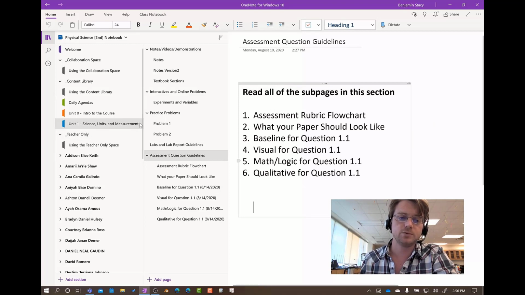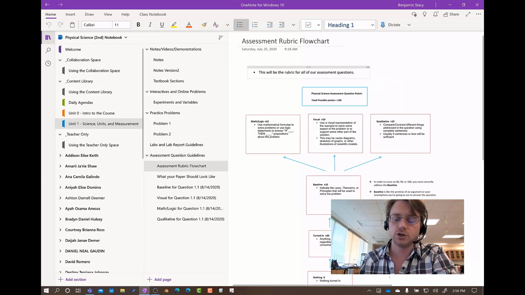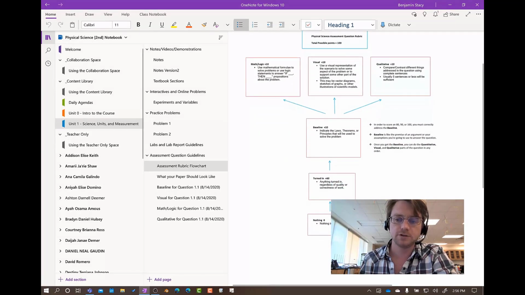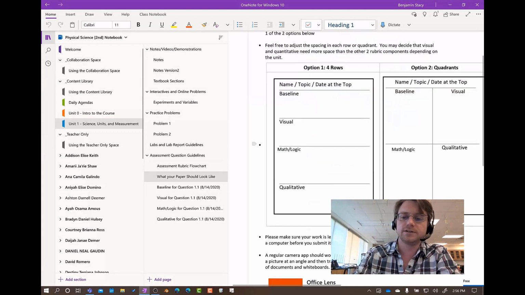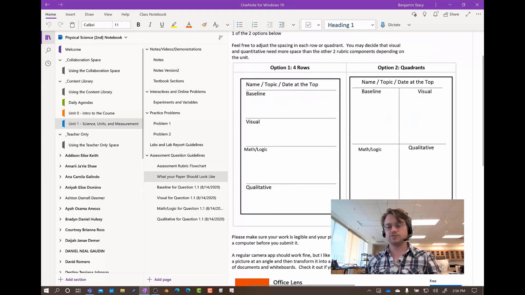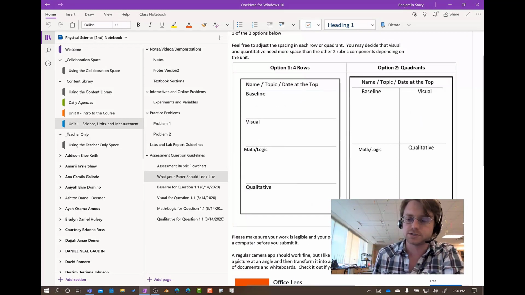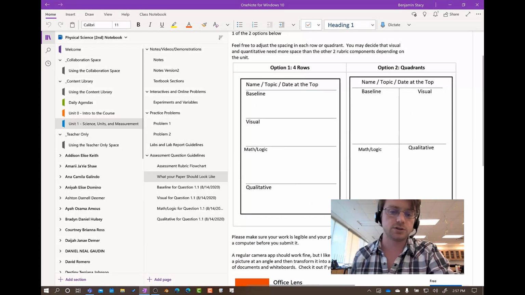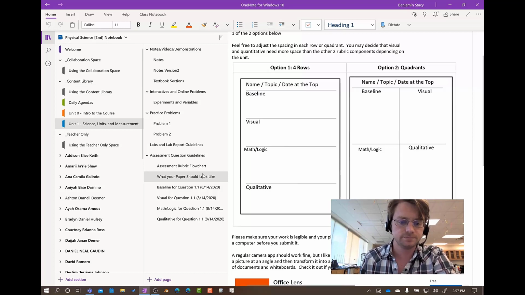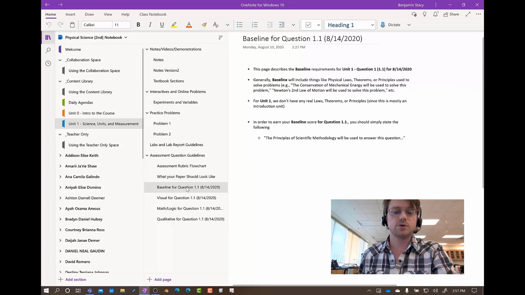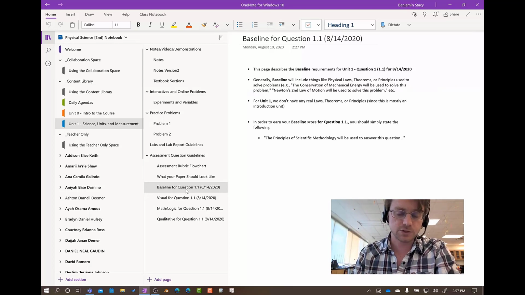We're in our content library, Unit 1, Assessment Question Guidelines. We have the flow chart to help you see how you're being graded. What your paper should look like, the same as the physics classes, except we call our quantitative math/logic, because sometimes we don't have any math work to do, so we do logic statements. And for this first question in Unit 1 that we're doing this weekend, Friday the 14th to Sunday the 16th,